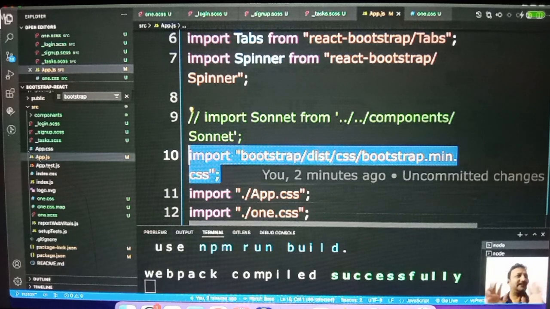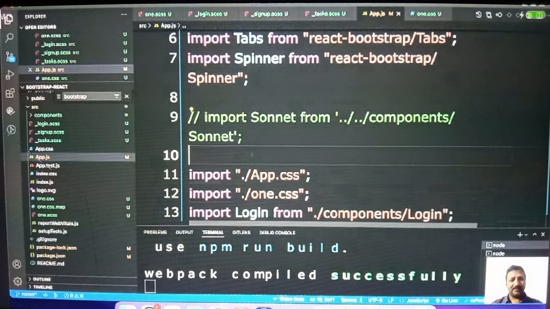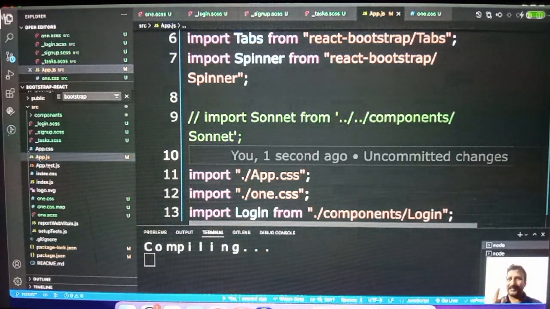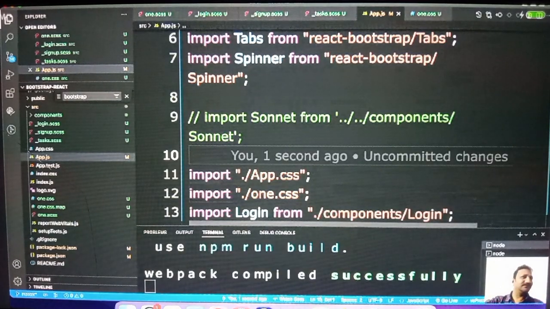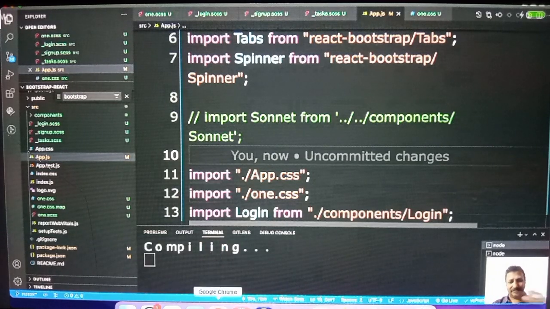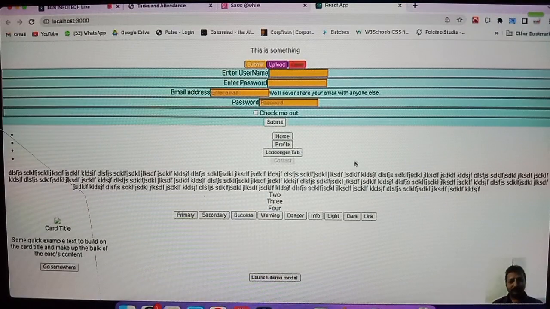We cannot customize that. So I am just deleting that. That means we are not using the CSS of Bootstrap. Now nothing works actually. See, all the styles are gone. Now we can import